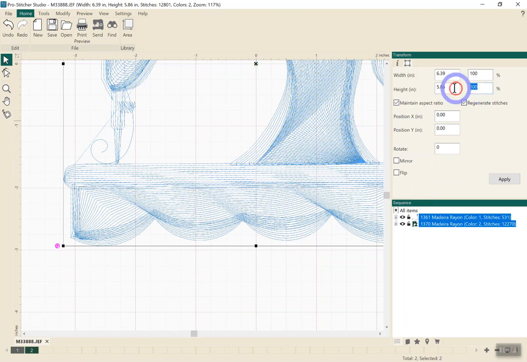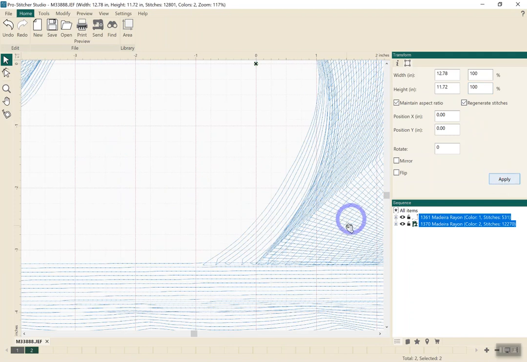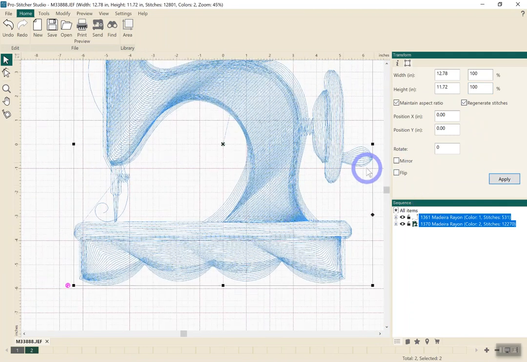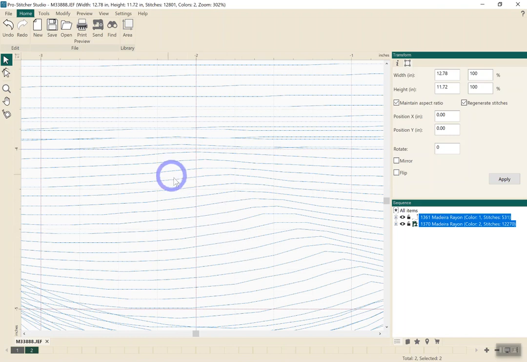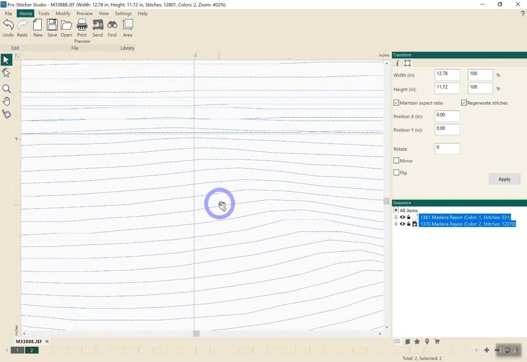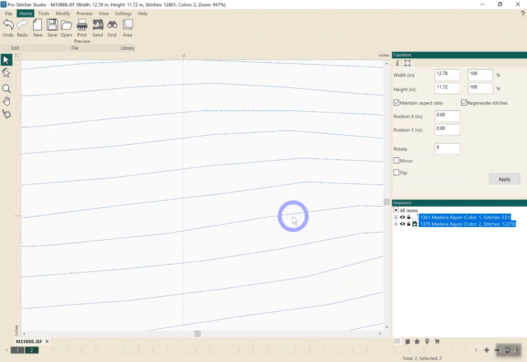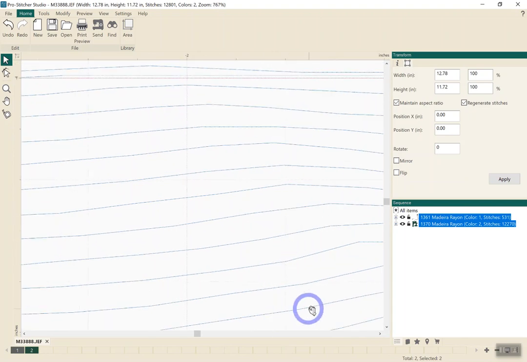So I'm going to go to 200%, and I've left the regenerate stitches on. So there's my design. Everything looks good. I'm going to go ahead and click on the same area and check and see how many. Let's zoom in even more. And so right now I've got, in one square, 1, 2, 3, 4 per quarter of an inch,